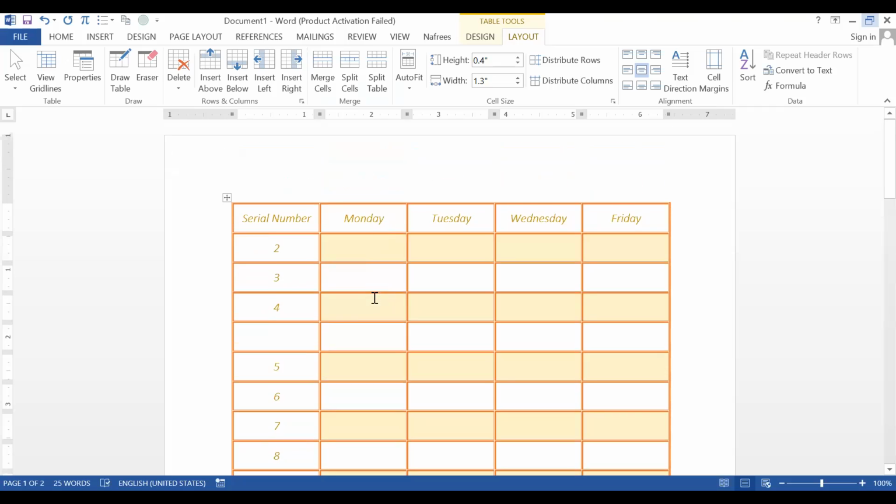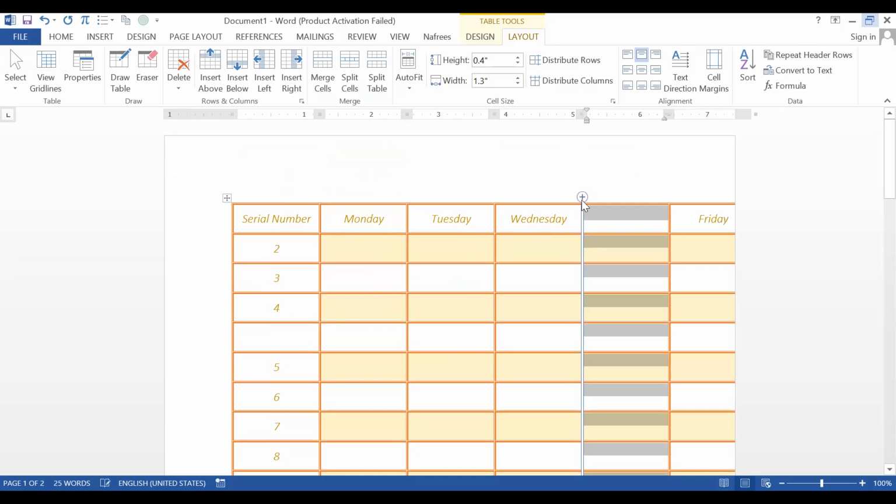Likewise, column. For example, if you want to add an extra column between Tuesday and Wednesday, let's say, look at here. Here Wednesday and this is Friday. You need Thursday also. What you can do? Now you have to add a column between these two. So go here.